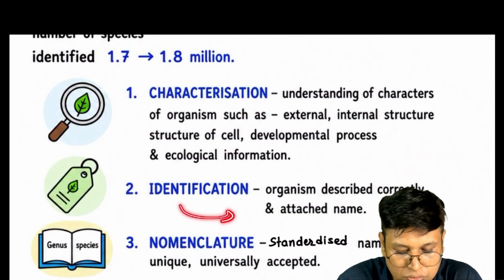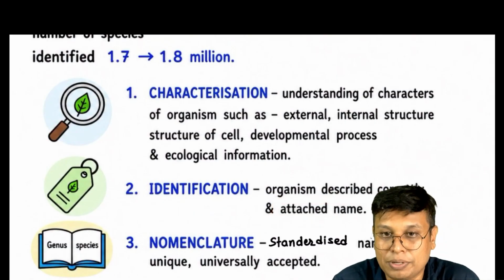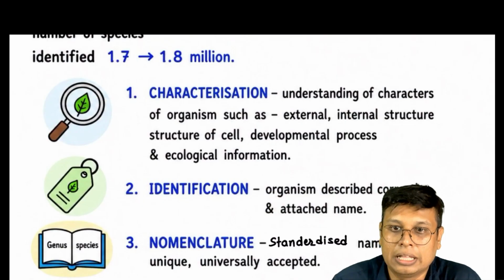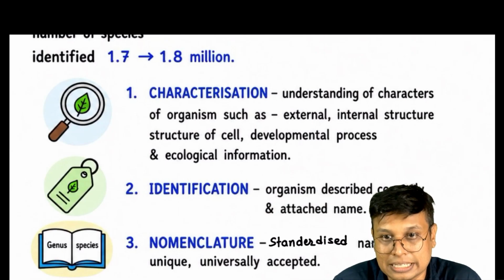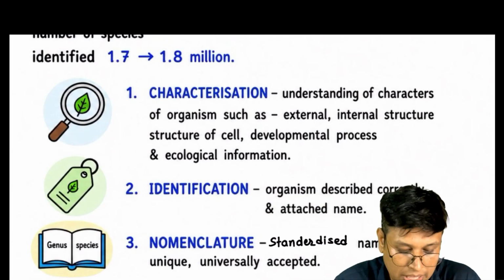Identification is also used whether this organism has previously any name, local names, then this attached name is known. That is called as local name, vernacular name. That changes from place to place. Next,